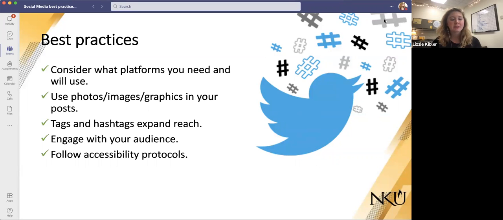I know in the past, hashtags were pretty heavy, include a bunch of them. Through some of the research I found, just a few hashtags usually suffice, with the exception of Instagram. They love hashtags. And it's actually even better for accessibility reasons, which we'll get into soon.